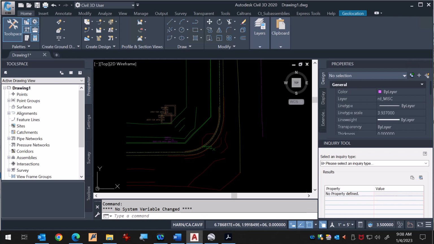Welcome to creating a flowline alignment for curb ramp design. In this video, we're going to be discussing step by step how to create a flowline alignment. Then we'll create a horizontal alignment report and check the alignment for tangency. The horizontal alignment report is a required survey deliverable. After that, we're going to be exporting that flowline alignment to an XML file, which is another required survey deliverable